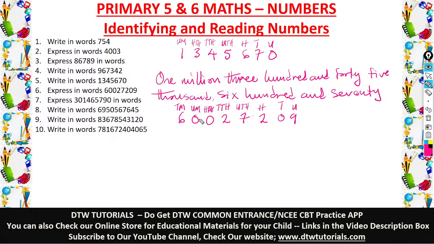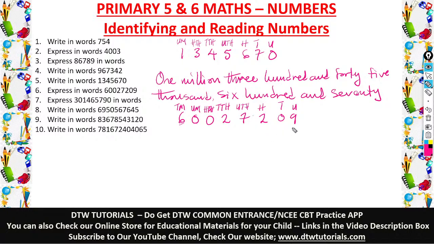So how do we call this? All right. How do we call this? You know how to call this? Okay. So it's going to be what? This is 10 million. So it means here together, 60 million. All right. There's nothing here. All right. So it will be 60 million, 20